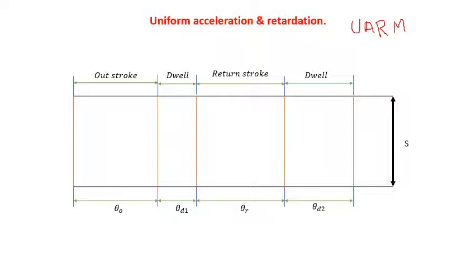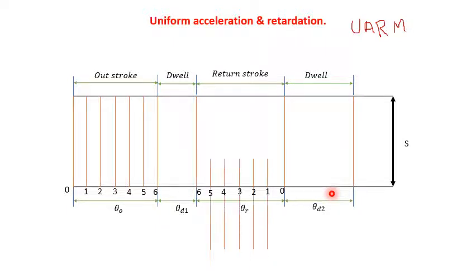Once this much is over, next we have to divide the outstroke and return stroke into 6 equal parts. I will mark from 0 to 6 in the forward direction, whereas in the return stroke, in the reverse direction, I'm going to mark from 6 to 0. Now from each number we have to draw the vertical lines.